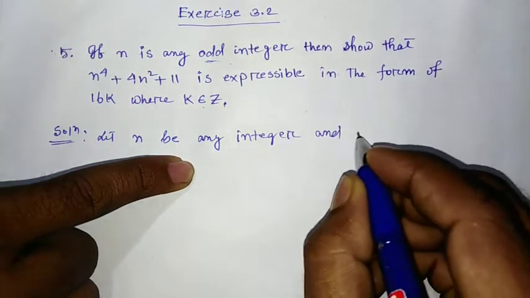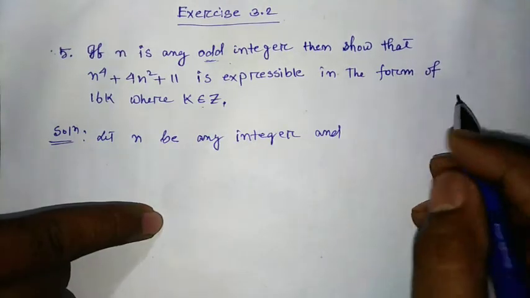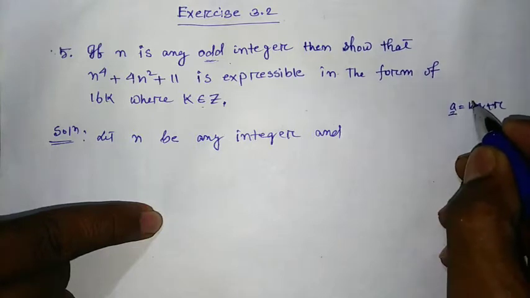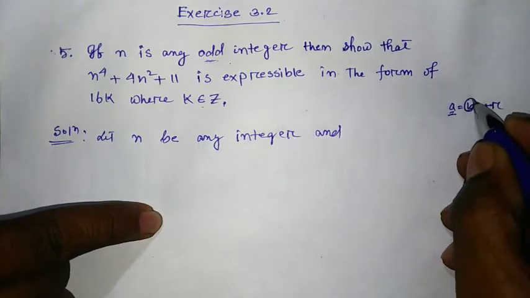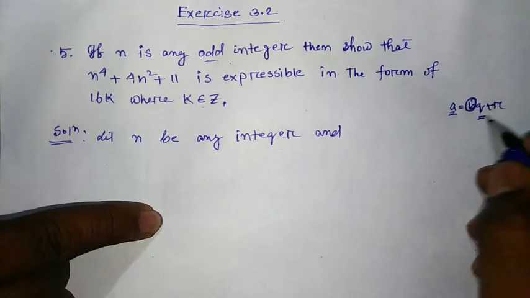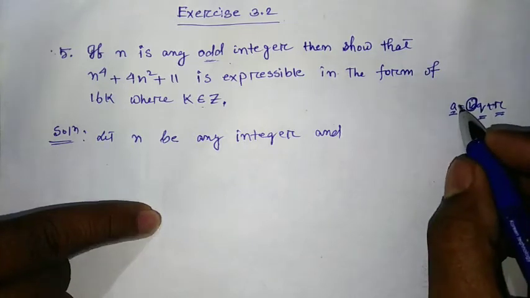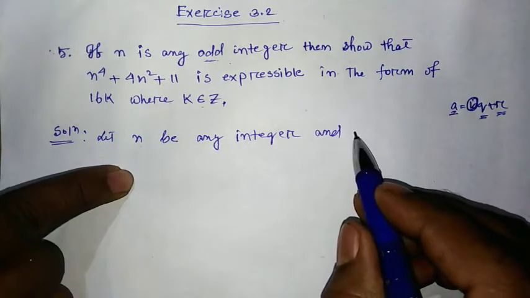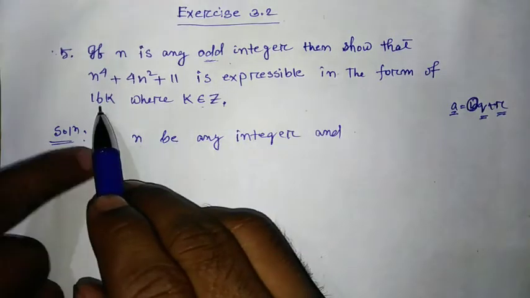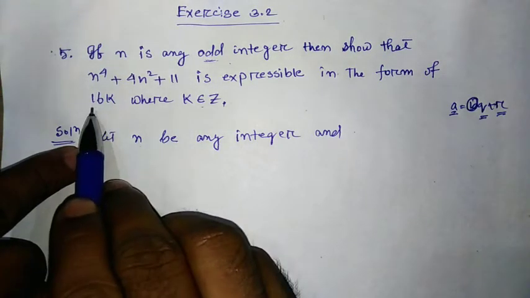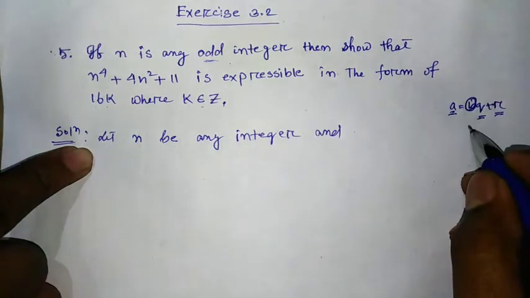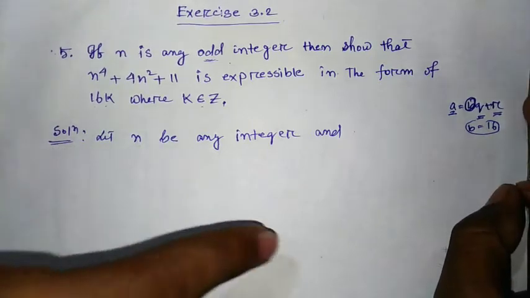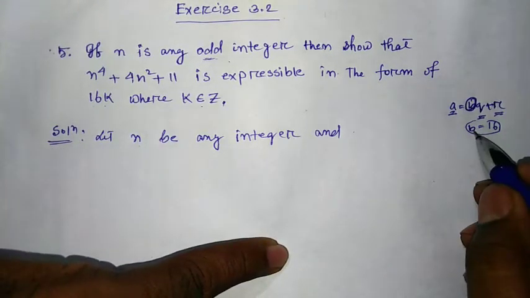Suppose Euclid's division algorithm is a equal to bq plus r. If we consider any integer a, then we have to consider one more integer b. For these two integers we get q and r, two other integers. So we have considered any integer n, so we have to consider one more integer, which depends on the question. In the question, 16k is given. If we take b equal to 16, then the possible values of r will be many, 0 to 15.